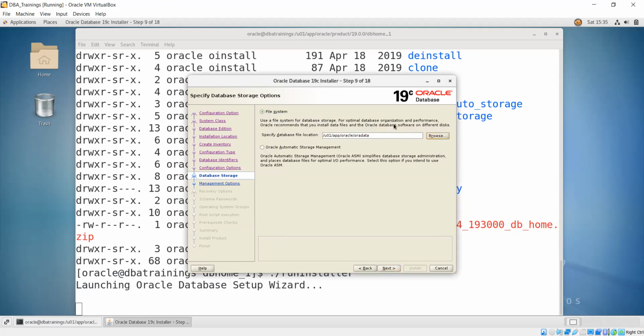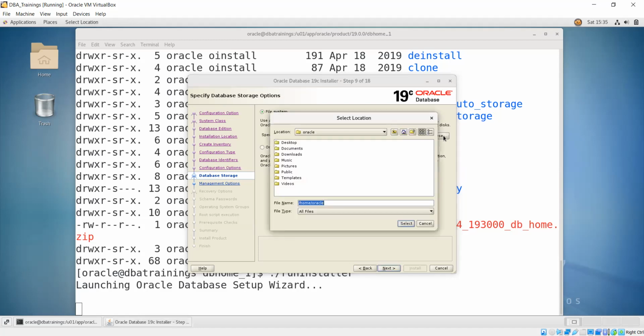Let me copy this because I am going to use it. Lastly, I am just guiding you, because we have another release also that I am going to install on the same machine. But how people will choose a different location, that I am just guiding you. So over there, if you can see, I have given u02, and then here you can make the directory and other things, you can use it as per your convenience.